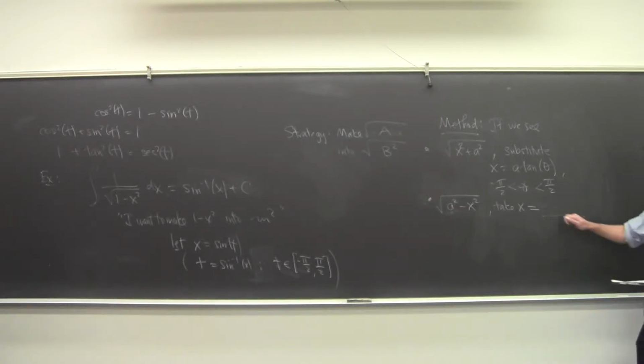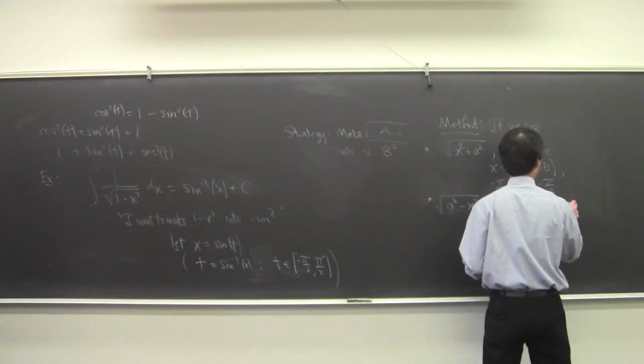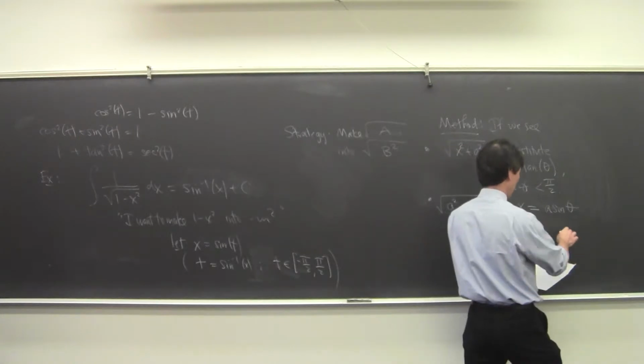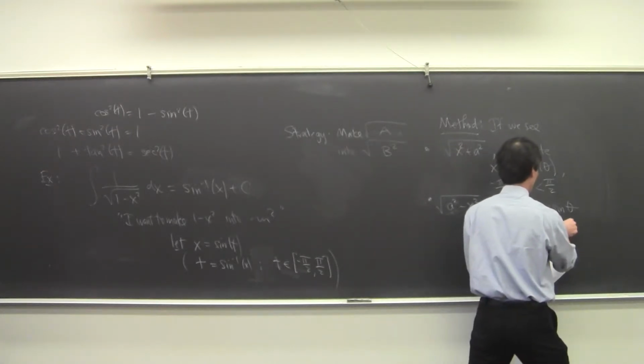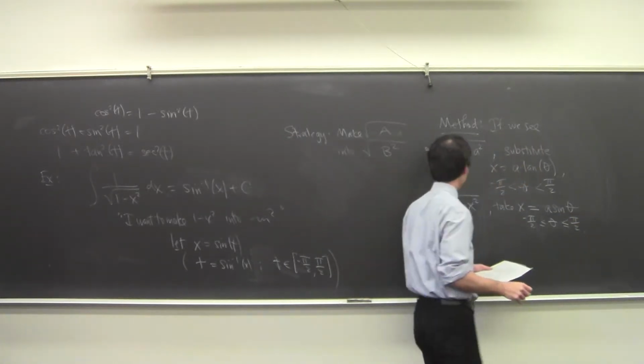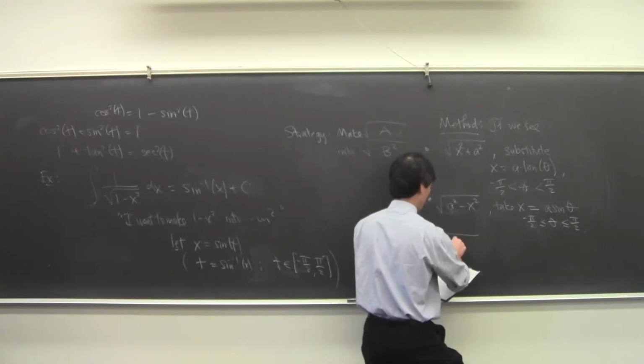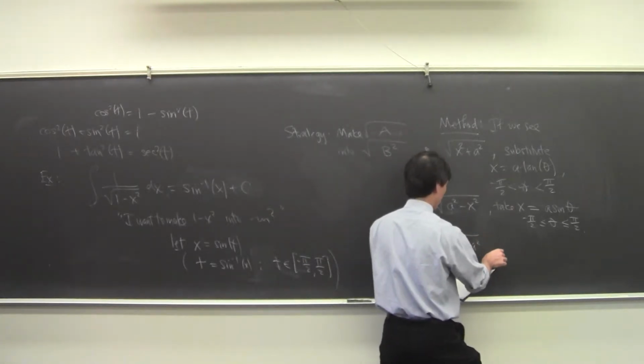Okay, so what did you choose? What did you write? Anyone? We said it's either cosine or sine. Yeah, so either a cosine or a sine. I'm going to stick with a sine, where theta lies between, again, negative pi over 2 and pi over 2. Okay, and then the last one, if you see x squared minus a squared, then you take x to be,